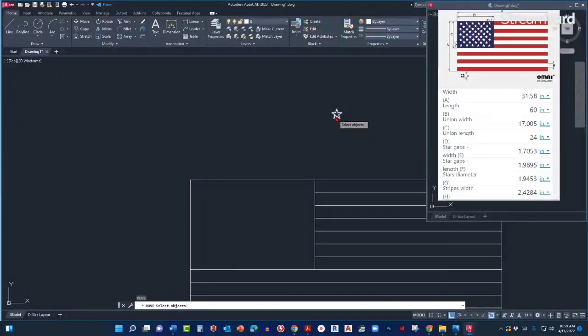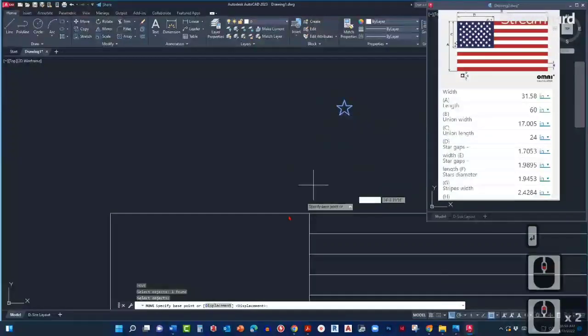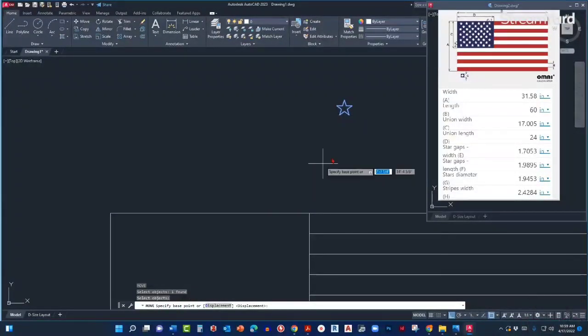I'm gonna select my star and press enter. Okay, so again, from the command line, specify base point. Before I click any base point, I'm gonna go over my drawing and see where I need to place my